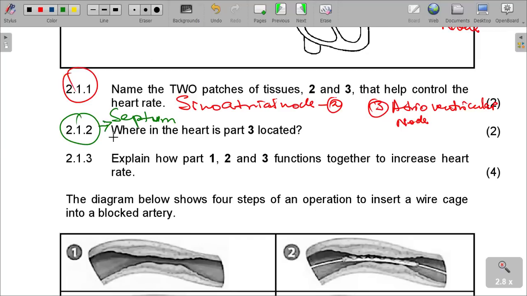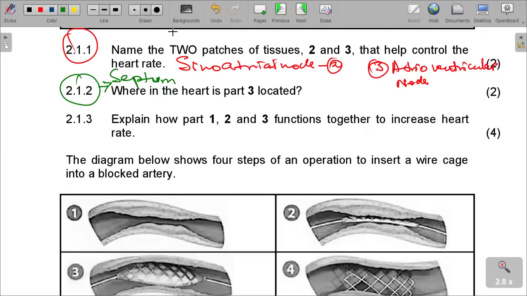Question 2.1.3: explain how parts 1, 2 and 3 function together to increase the heart rate. I'm going to quickly write them here also. How do they work together to increase the heart rate? If the medulla oblongata, which is 1 on this one,